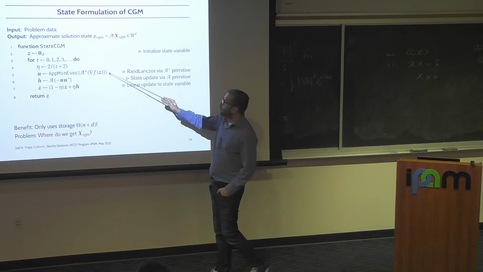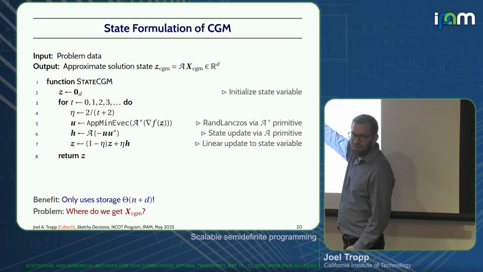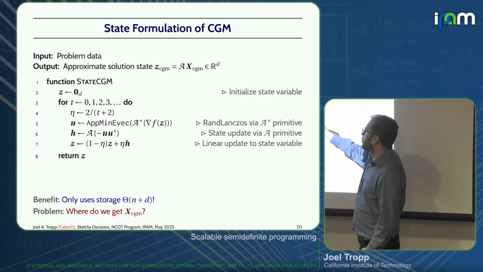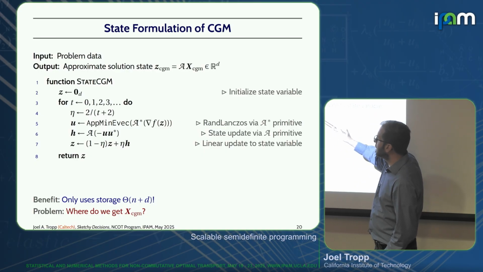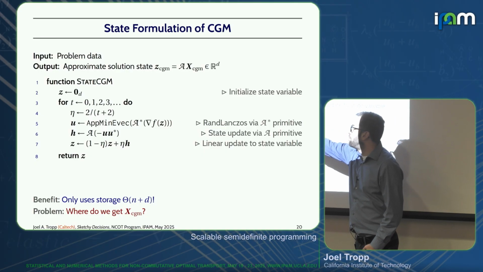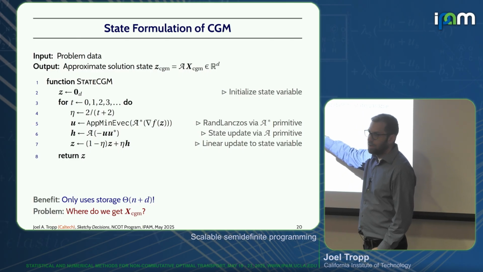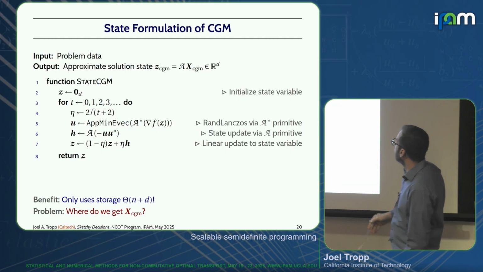Good. So now we are driving the iteration with z, and we have to compute the gradient of f at z and do this stuff, and now our update direction is A applied to the minimum eigenvector outer product. Okay, good. But look,